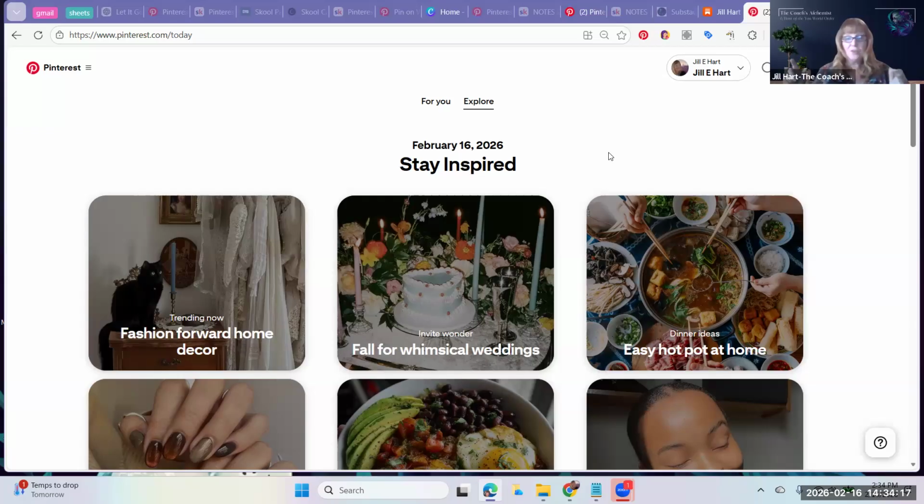The longer tail you go, the more likely you are to rank in the discovery feed, but they've got those little bubbles along the top. You know what I'm talking about? On Pinterest, when I did that search, there were bubbles for coaches, for spiritual entrepreneurs, for moms who stay at home.